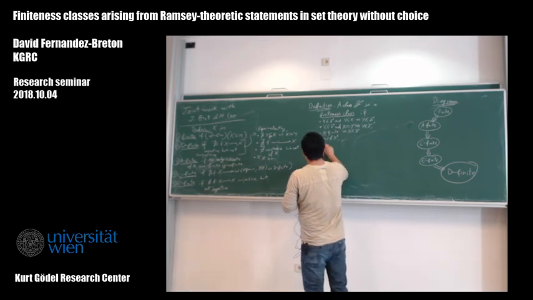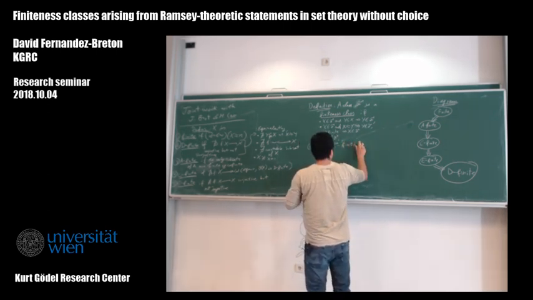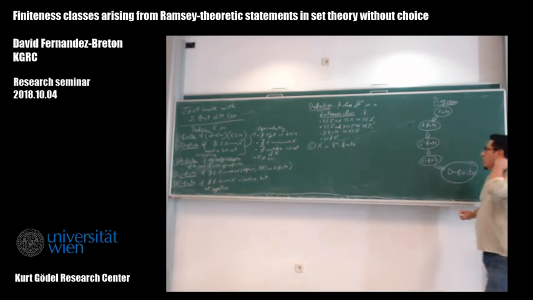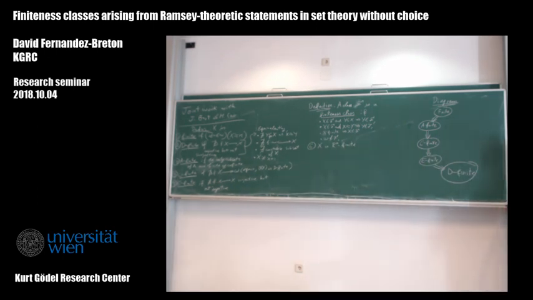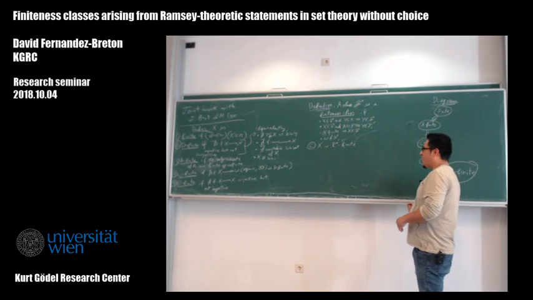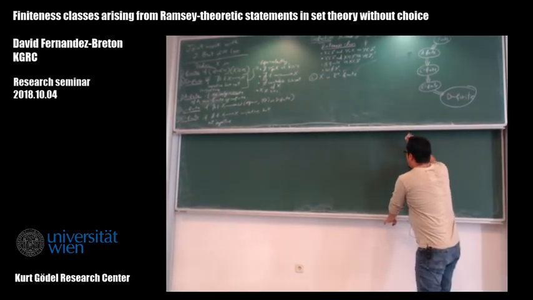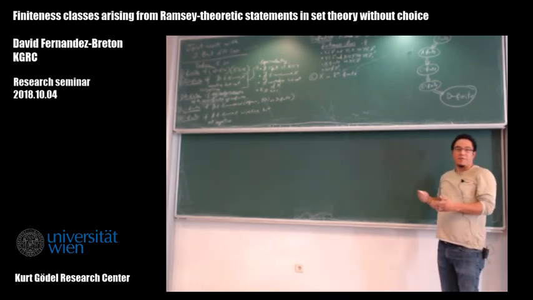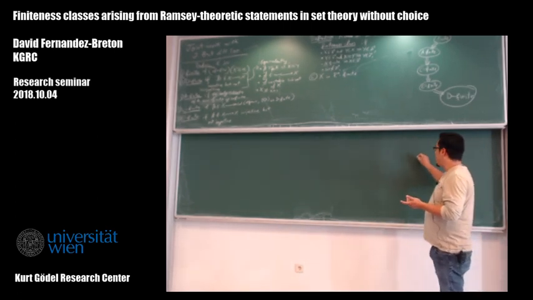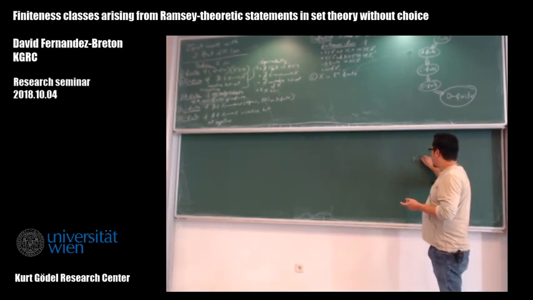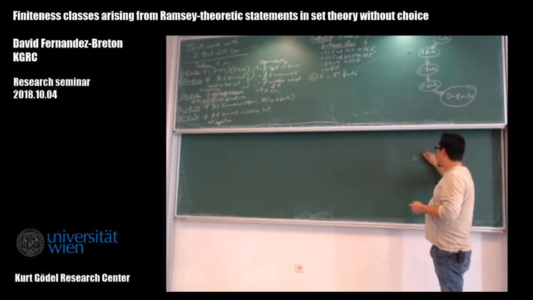So I'm going to say that X is Rn finite. Oh, and maybe I should mention now, I'm going to do the same thing again, even though I'm going to have to erase later. Presumably everybody knows what Ramsey's theorem says here. I'm just going to write here the statement. Ramsey's theorem says that if X is infinite, then for every coloring of the n-tuples into two colors, there's